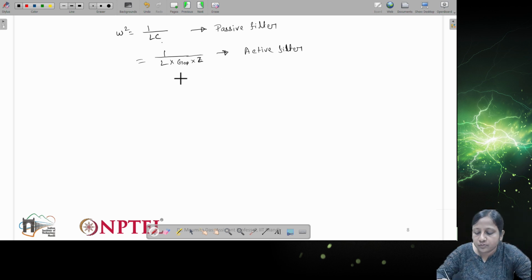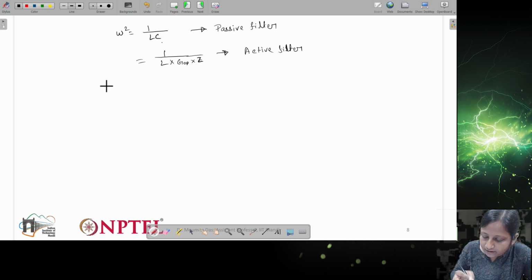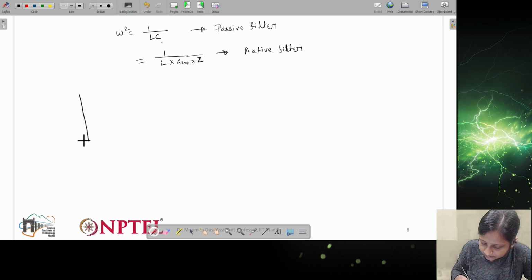Now this gain of the op-amp will make the difference in passive and active filter. So this is where the modulation will come into picture. So as I have shown in the first slide also, not slide, so like first page. So here basically what we are trying to do,